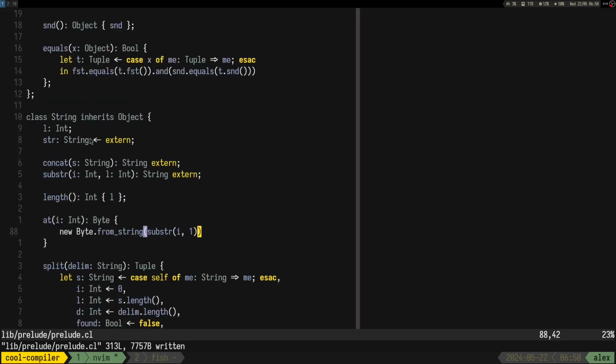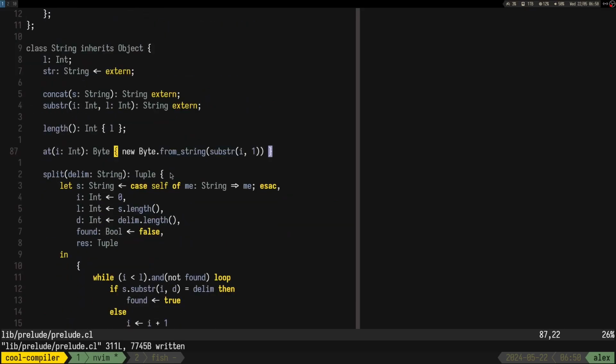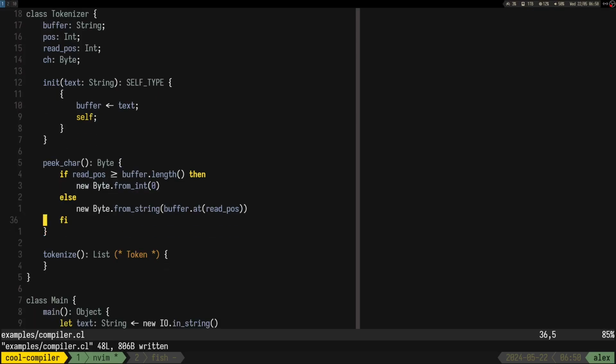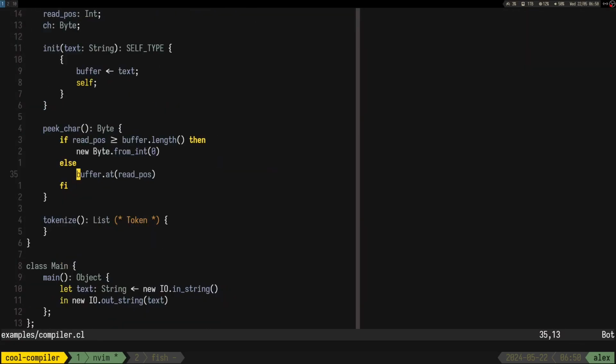Yeah, basically. So in here I can just say buffer at, and I think it was read position, and this thing just returns a byte. So buffer at is just what we need. Okay, and we can put this one on 3.